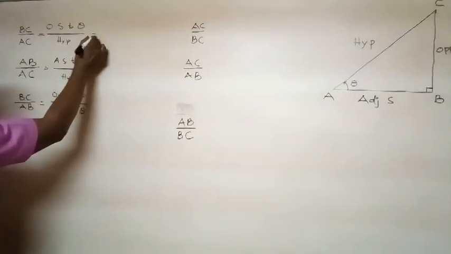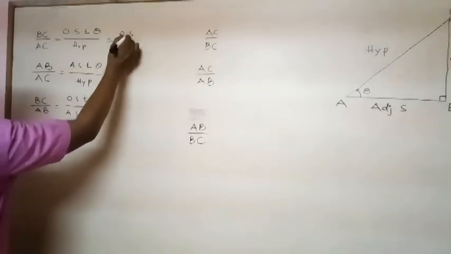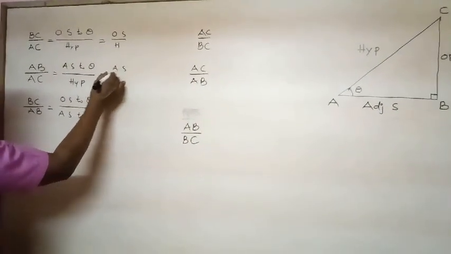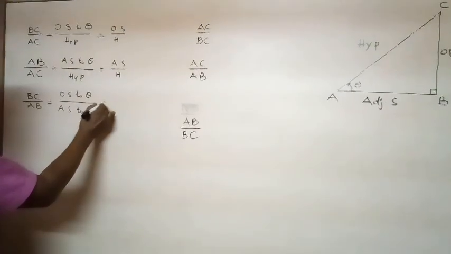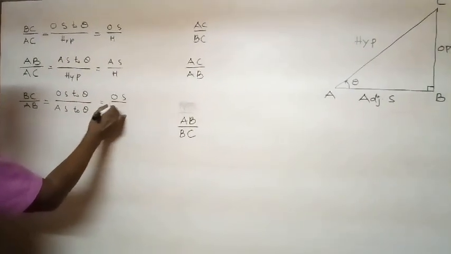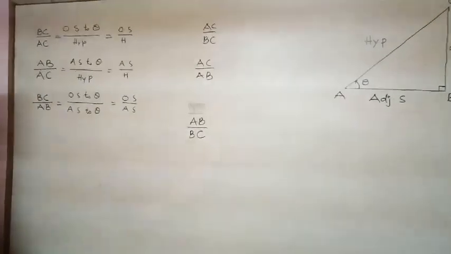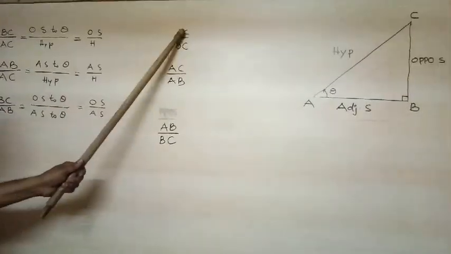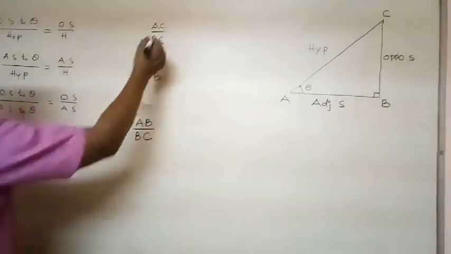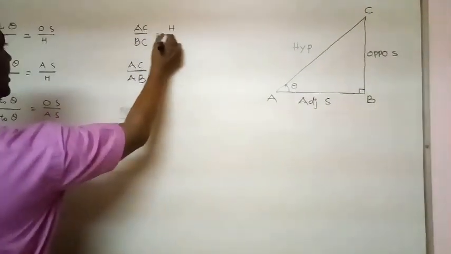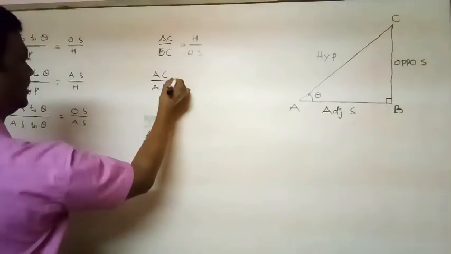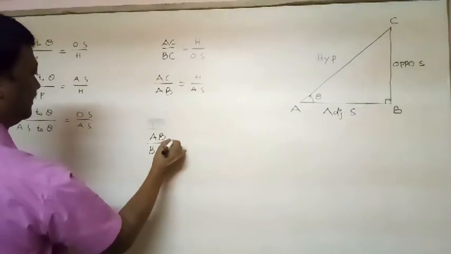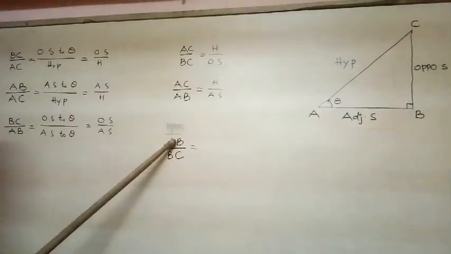Simply we may write opposite side by hypotenuse, adjacent side by hypotenuse, opposite side by adjacent side. The multiplicative inverses of these are hypotenuse by opposite side, hypotenuse by adjacent side,